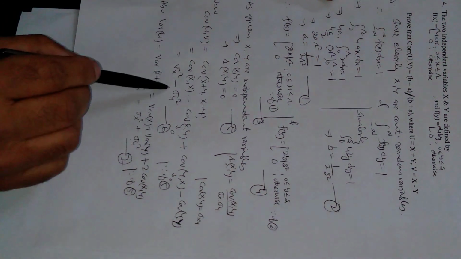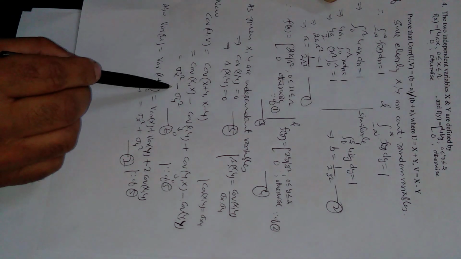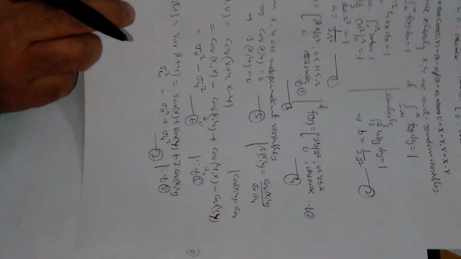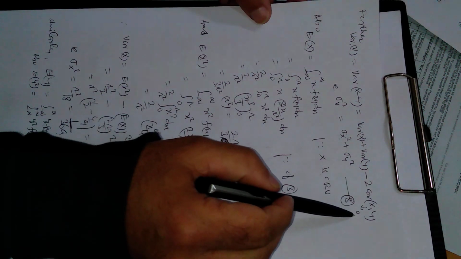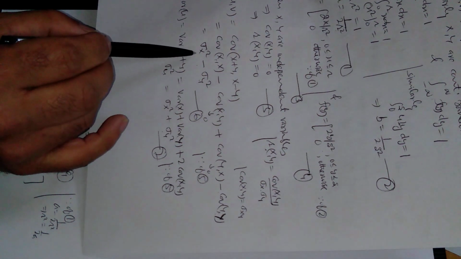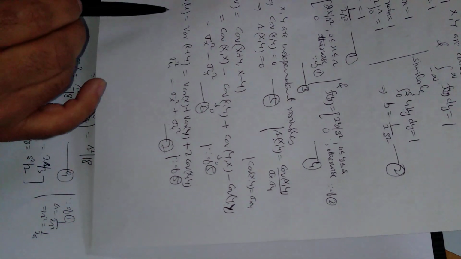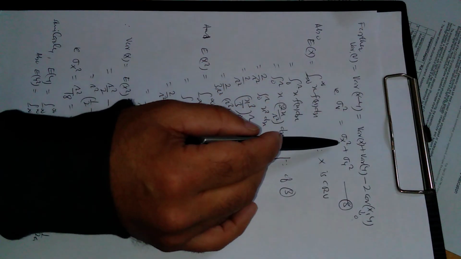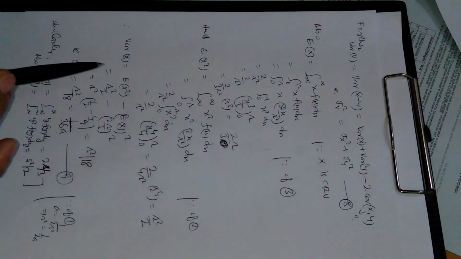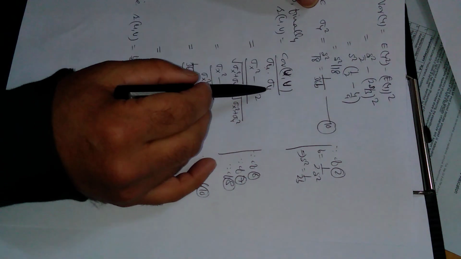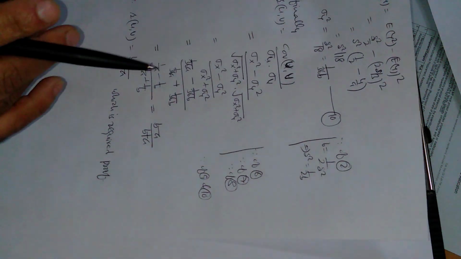Covariance between u and v is this one. These are 0 because of equation 5. So we are getting this one. Variance of u is this one because covariance is again 0. Next, variance with respect to v is this one because covariance between x and y is 0. Now you can see here covariance between u and v is in terms of variance of x, variance of y. Variance of u is also in terms of variance of x, variance of y. Variance of v is also in terms of variance of x, variance of y. So all of these three, covariance, and standard deviation with respect to u and with respect to v, are all in terms of variance of x and variance of y.